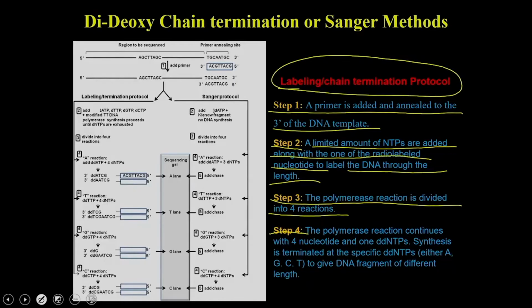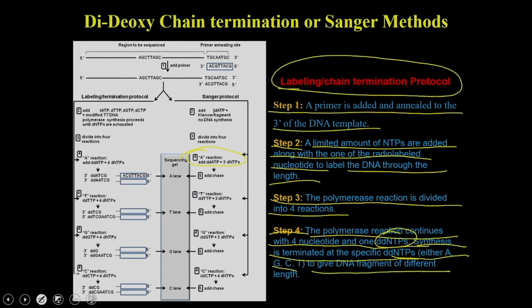And then in step 4, the polymerase reaction continues with the 4 nucleotides and one of the ddNTPs, which means the modified bases. In the case of A, it is going to be the modified base for A, in the G reaction it is going to be the modified base for G, and so on. The synthesis is terminated at the specific dinucleotide, either A, G, C or T, to give DNA fragments of